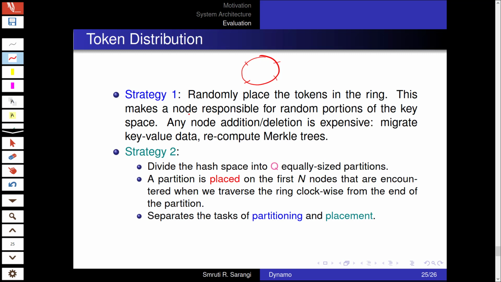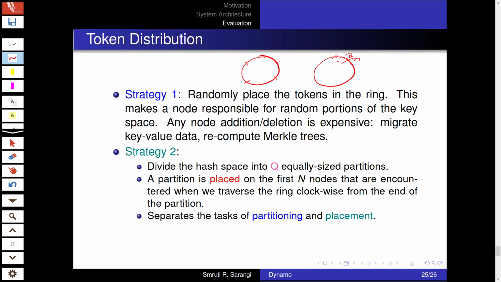So the first approach is that we randomly place the tokens in the ring. So then what happens is that, if this is the ring, this makes a node responsible for random portions of the key space, which means that if a node is over here, then the key space between this and the previous node, all of this is mapped to this node.